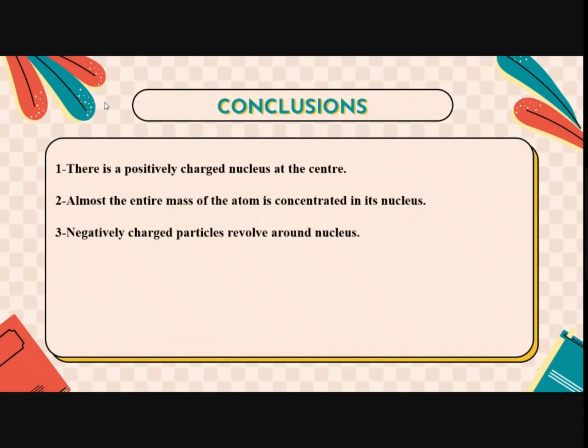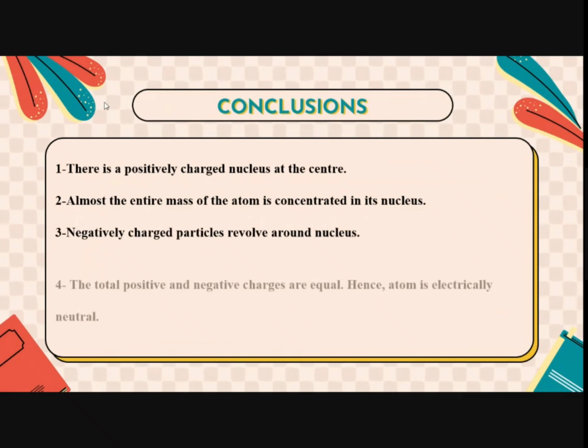So, we had learned about Thomson, right? Thomson had assumed that the electrons were embedded in the nucleus, and that is why the entire thing becomes electrically neutral. But Rutherford says that the nucleus is in the center and all the particles are revolving around it, and those particles which revolve around the nucleus have a negative charge. So that is how his theory is different from that of Thomson.